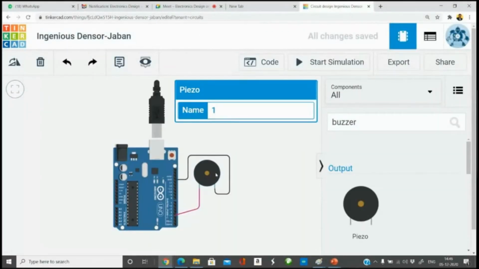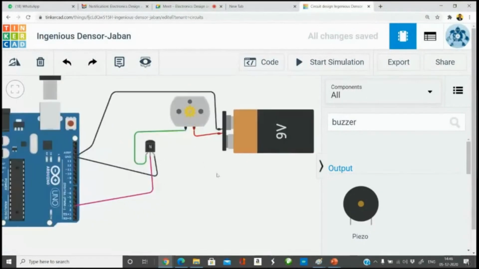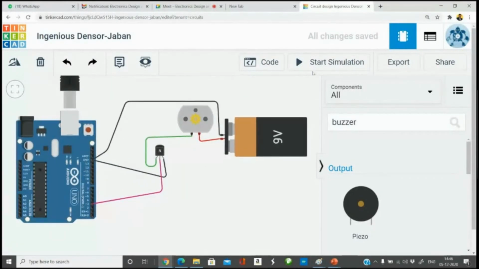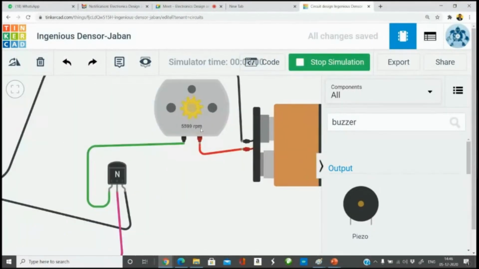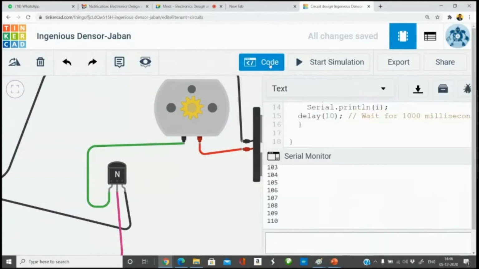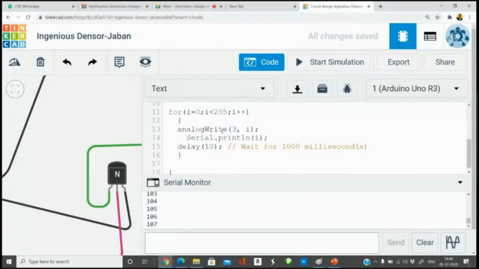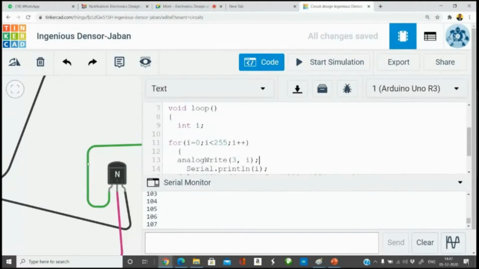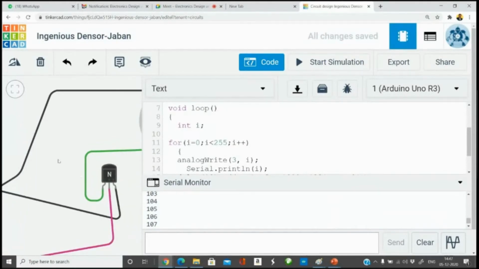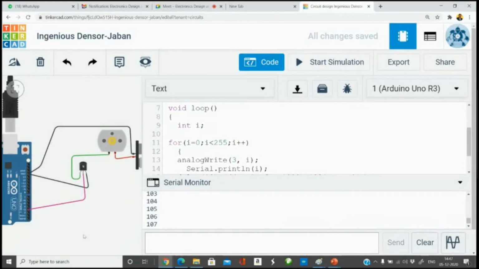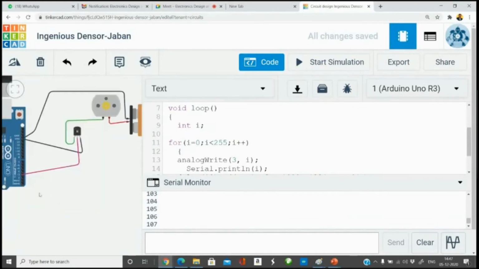Let me take this. This is our motor circuit. Our motor circuit was resulting in a change in the speed of the motor. The speed of the motor is changing by putting a for loop here, isn't it? If you see the code, by putting a for loop, it is continuously changing from 0 to 100%. What if I want the user to change that by giving the PWM that I want? So I am connecting a potentiometer in the input. Whenever I change the potentiometer, the speed should change. So I'm just adding a user input here.